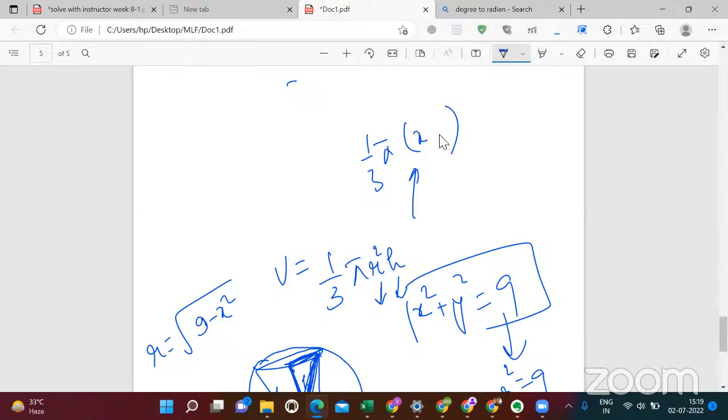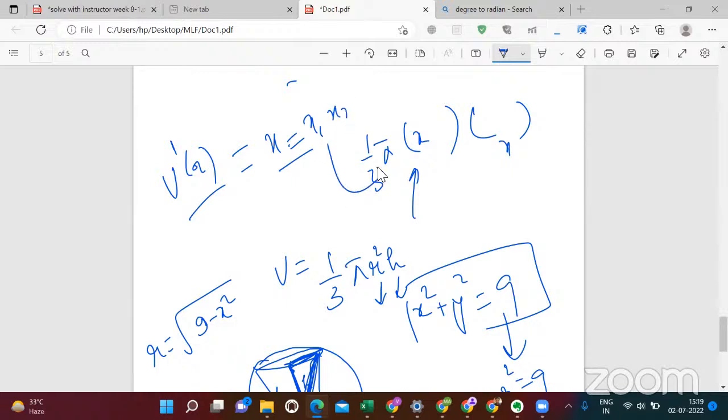So you'll get it in the form of x. H also will be in the form of x, and then you can differentiate it with respect to x. So you'll get some x1 and x2, and then you can put it here. I guess that should be the approach, right? Yeah, that is so. Yes, sir.